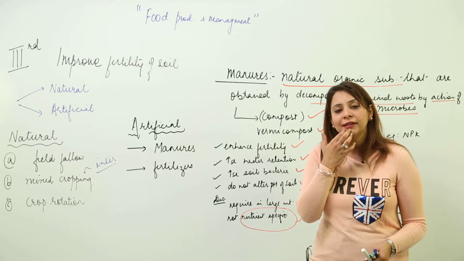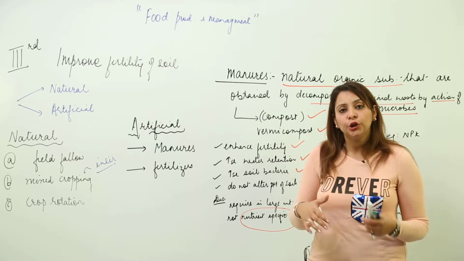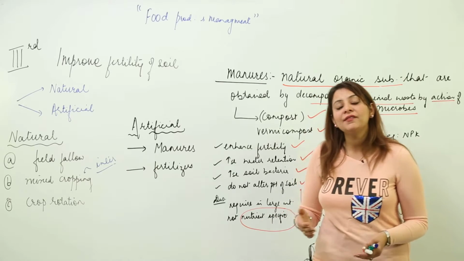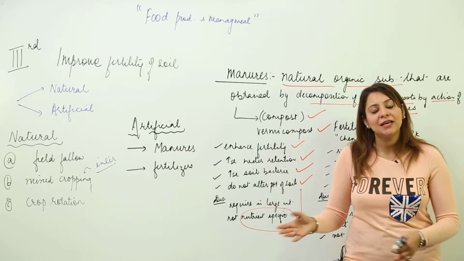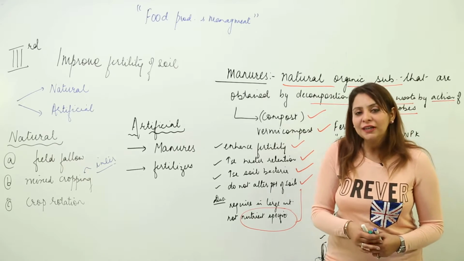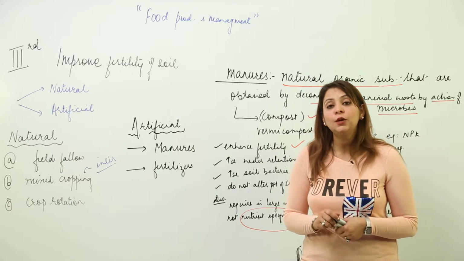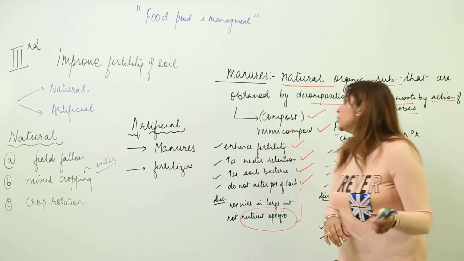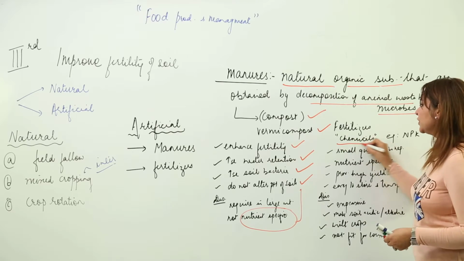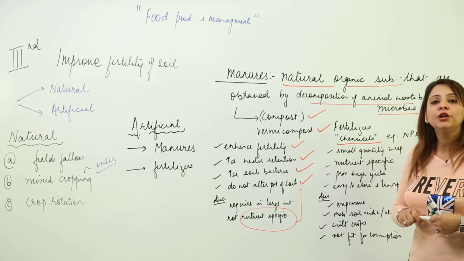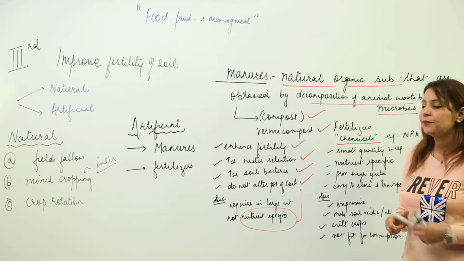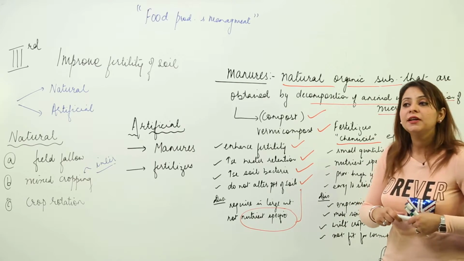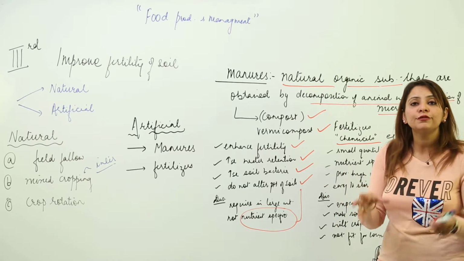So we have a certain kind of chemicals which we can use in that way, that is the fertilizer. But still, as you know, everything which has an advantage has a certain disadvantage too. So fertilizers are of great use, but still we encounter many kinds of drawbacks. So we are going to discuss fertilizers now. Fertilizers are the chemicals which are synthesized in factories, and they are used for maintaining fertility. Like we commonly use NPK fertilizer, which gives the 3 primary nutrients, that is nitrogen, phosphorus and potassium,